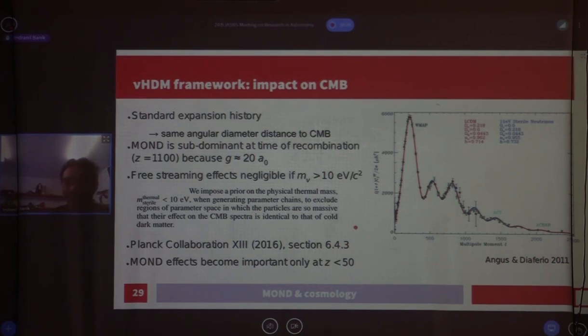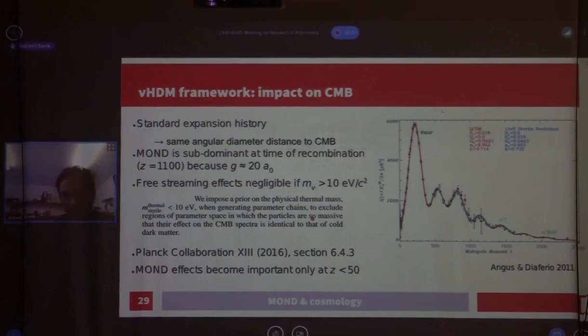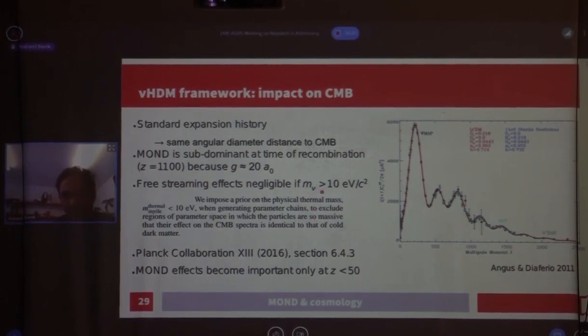But we're not really observing galaxy scales when we look at the CMB. The Planck collaboration concluded that you need sterile neutrinos. If you have sterile neutrinos, their mass needs to be more than 10 eV/c² to basically have a negligible impact on the power spectrum. So if you have cold dark matter at something like 1 billion eV/c², or hot dark matter at something like 11 eV/c², it doesn't really make much difference as long as it's more than 10.